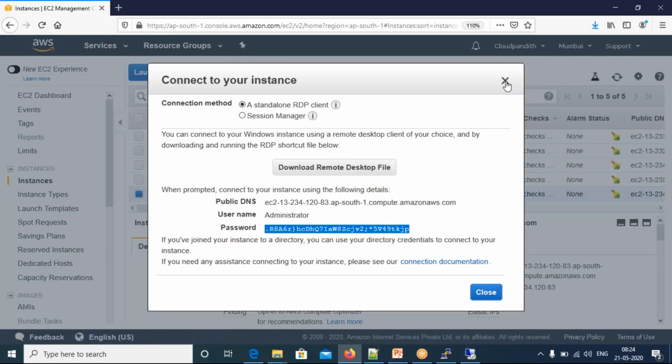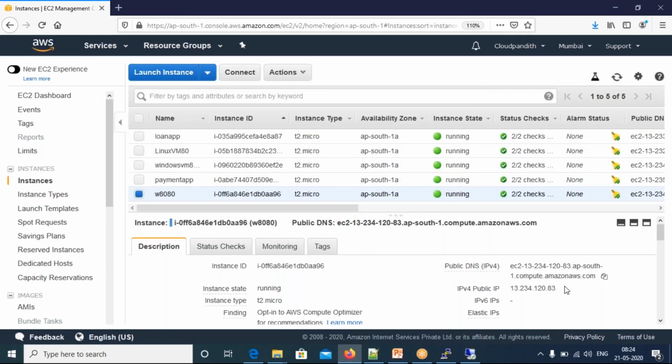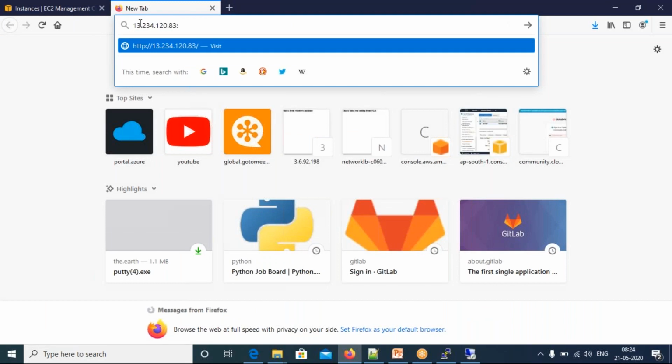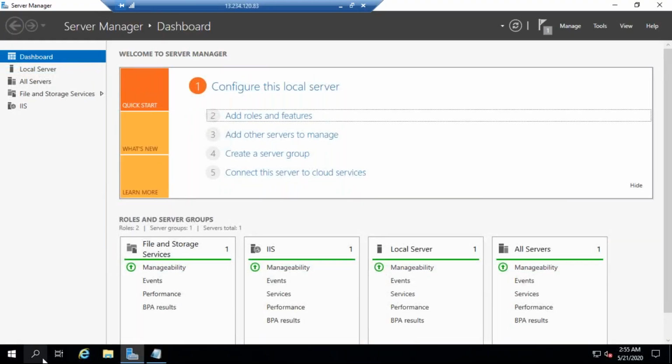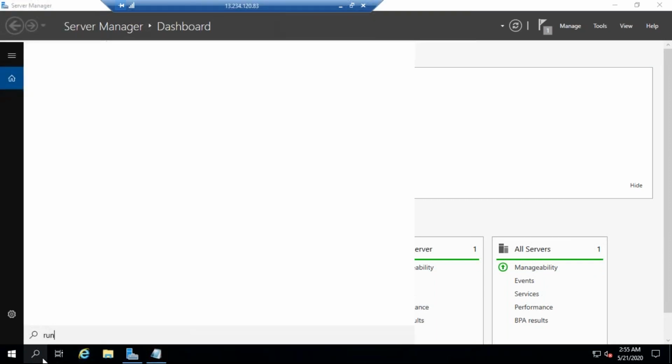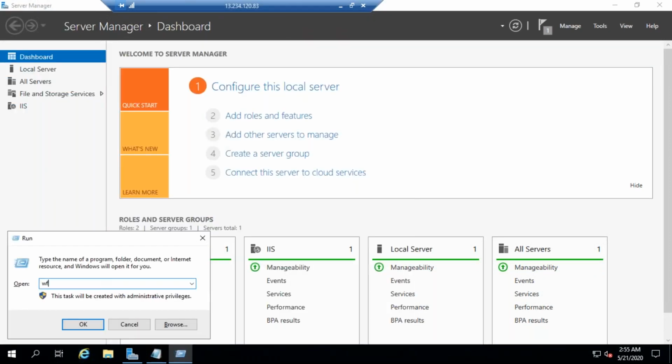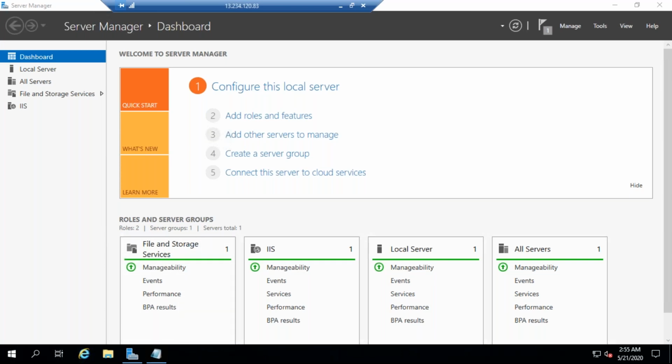Now if you go to this Windows machine W2, take the IP address of this, and try to access things on port 8080, it will not be accessible. You need to do two things, as I said, right? One is open, search for run. Okay, wf.msc. Search here wf.msc. Enter. So we need to allow port 8080 here.